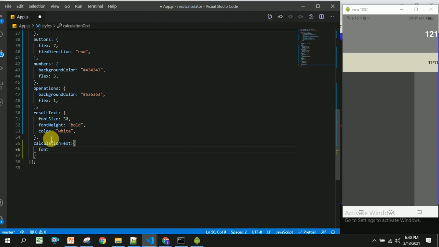Font size will be 20, font weight will be bold, and color will be black. So let us save this. It will be getting refreshed.